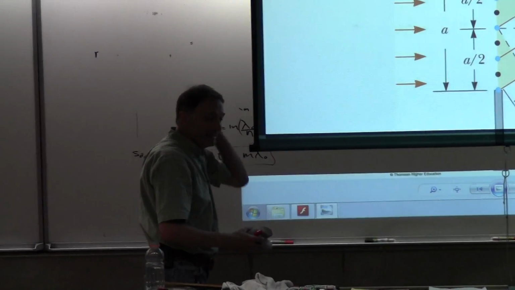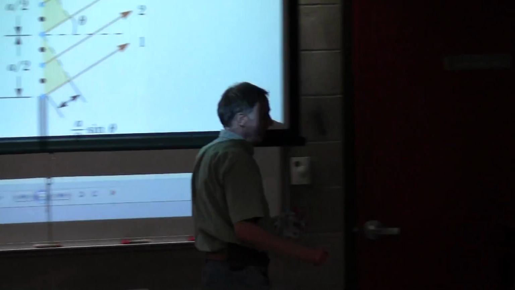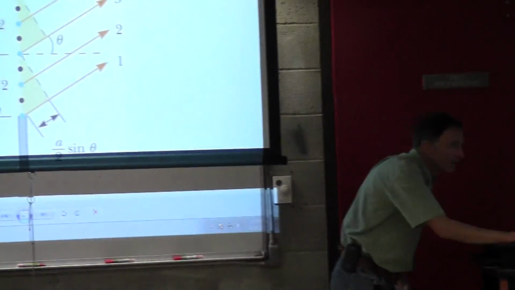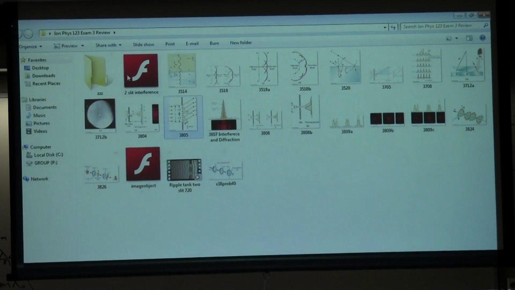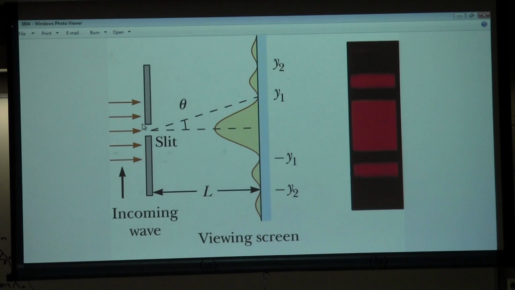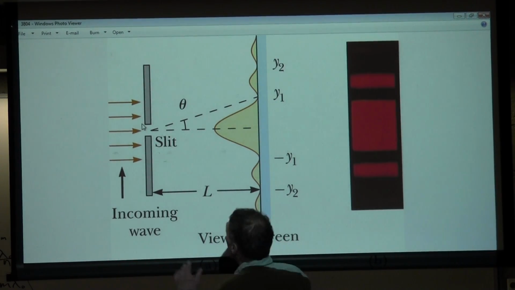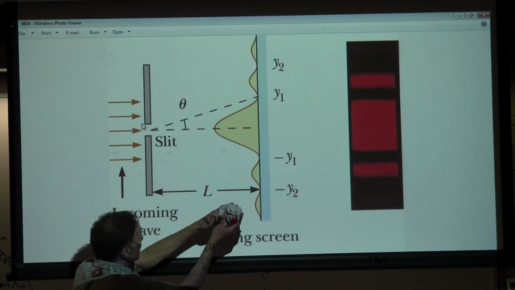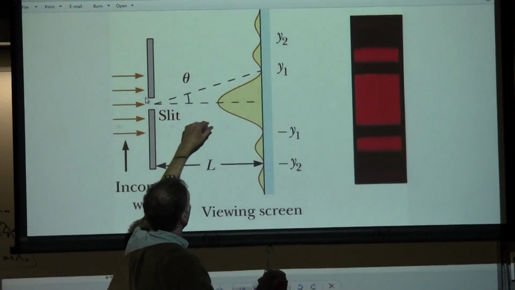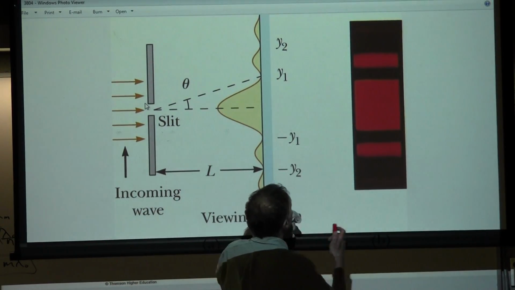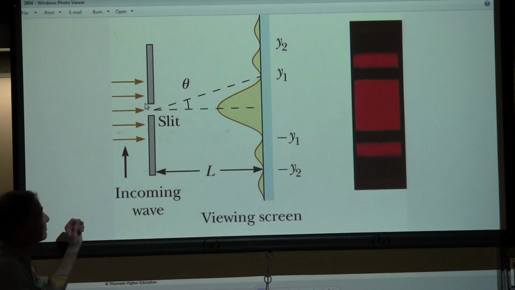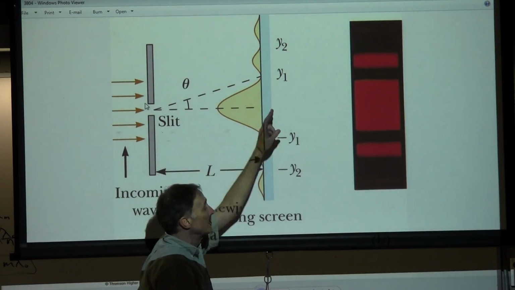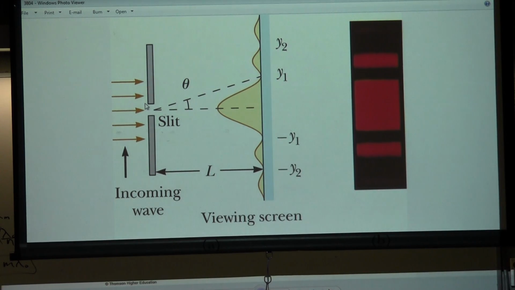Another idea, the idea of a diffraction slit. Let's look at the picture of that. It would be something more like this. Okay, we're going to shine light on a slit. It's going to spread out, and we're going to get some of these minima, and the positions of these minima are going to be in such a way that